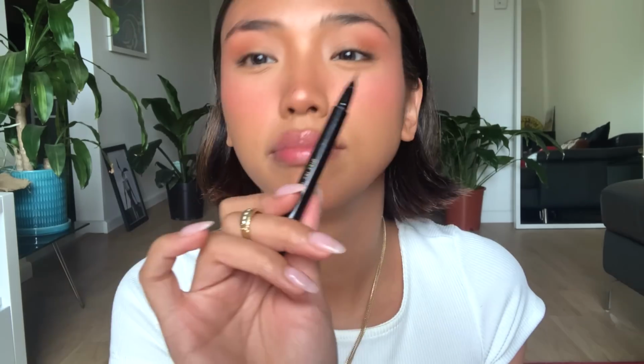I wanted to use my NYX felt tip eyeliner pen. This one is the Mecca Max Wink Ink Super Liquid Liner. God, I'm so bad at doing eyeliner on camera. Oh my god, my hands are shaky. This is not ideal. Line in to the center of the eye. And then just connect that tip